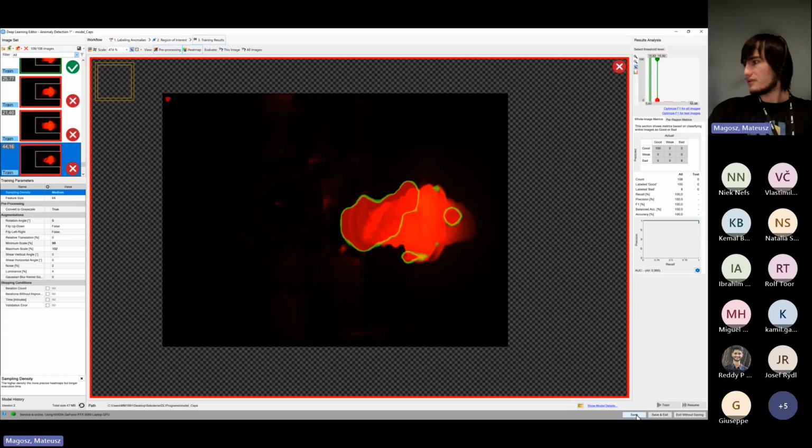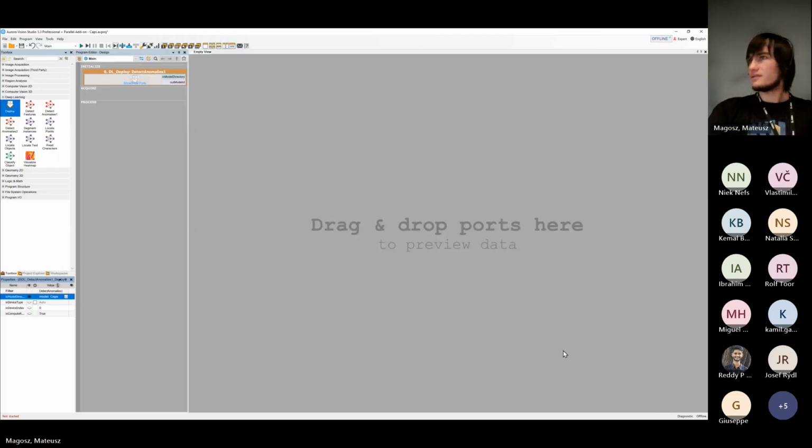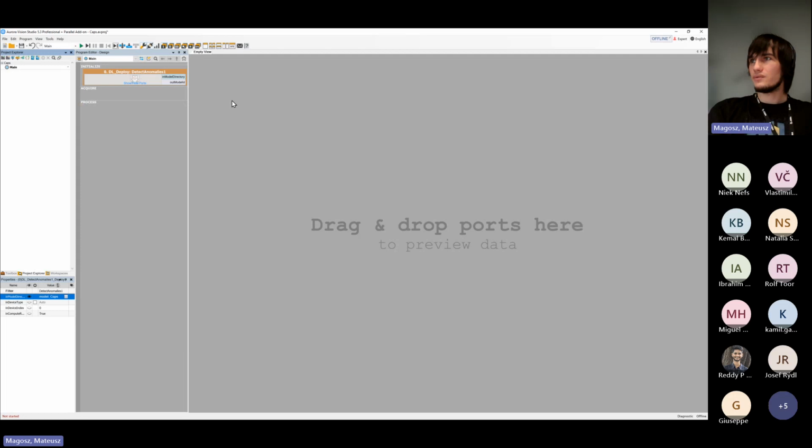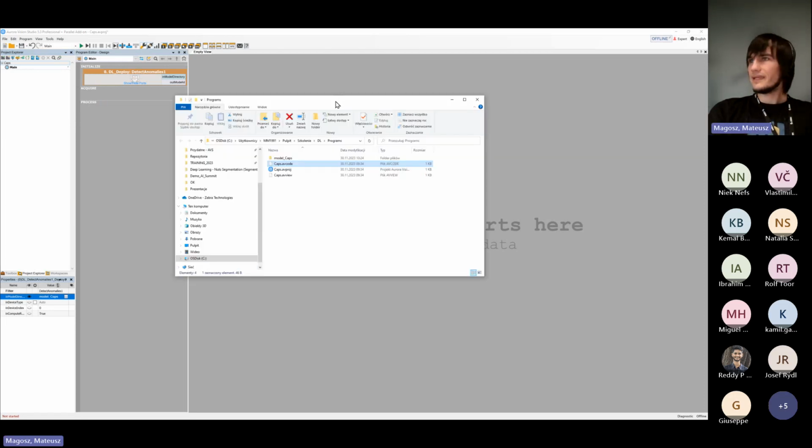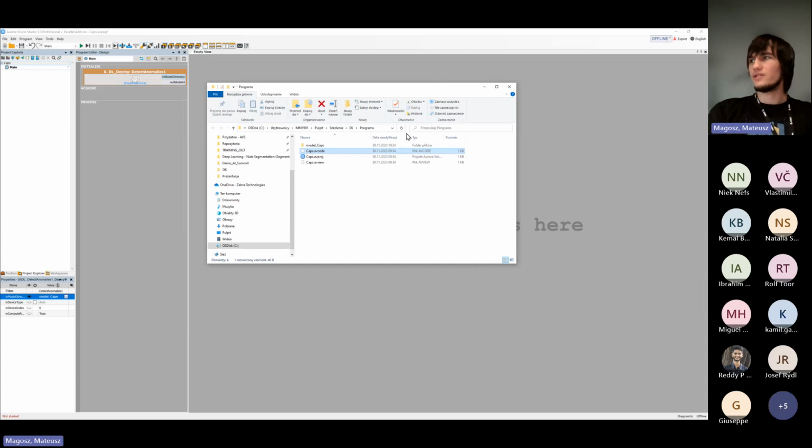So I think I can save and exit. And I will upload my model into the directory. The easiest way to go to your directory is first, do not close your directory with the model in. But if you did so, you can right click here on the bar with the name of your application, and there is an option to show in Windows Explorer. And if you press it, you will go directly to your directory with